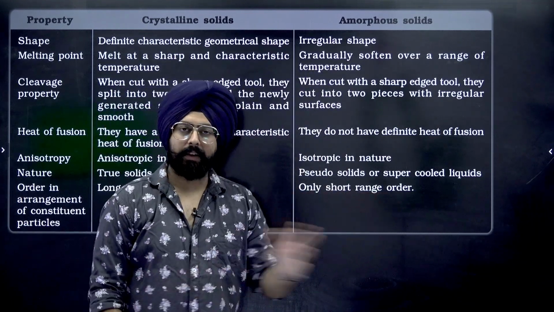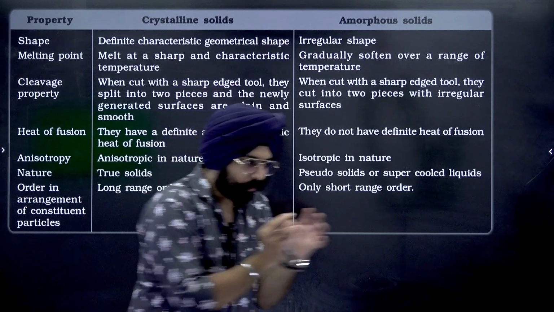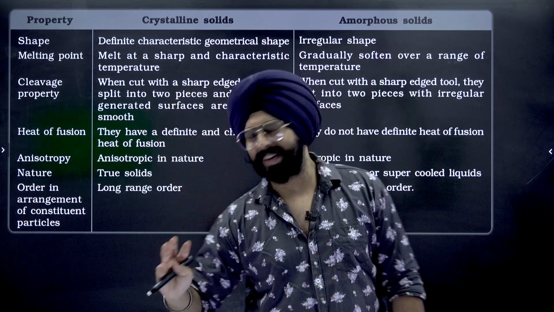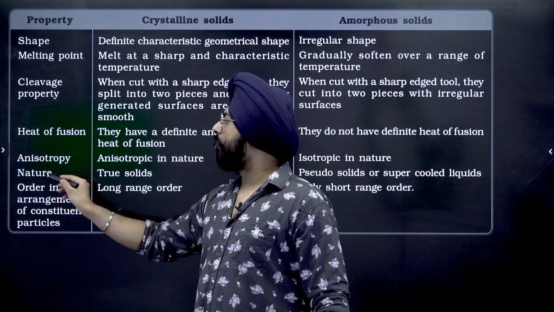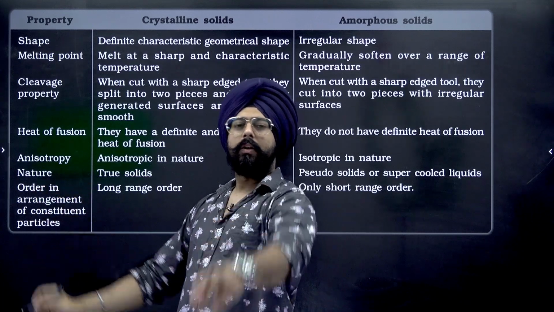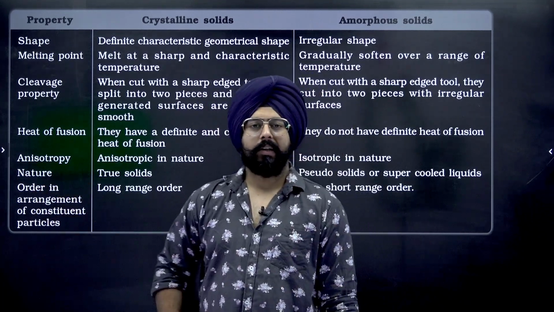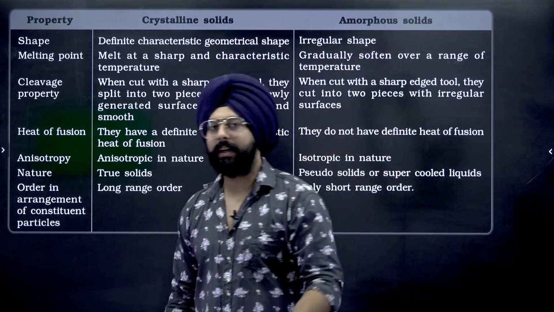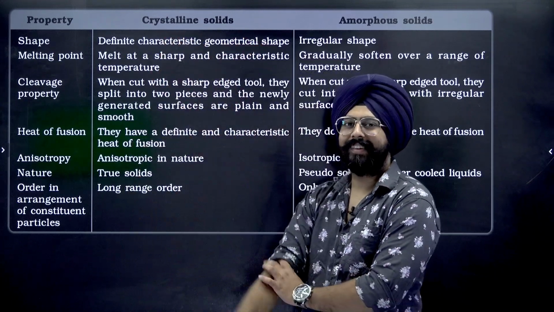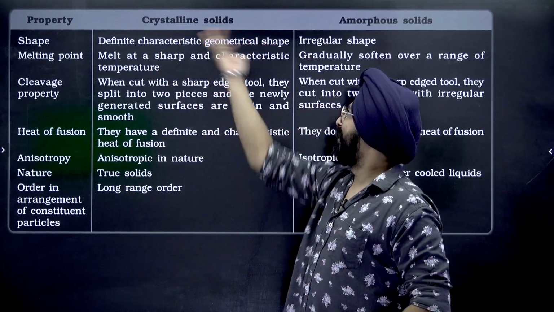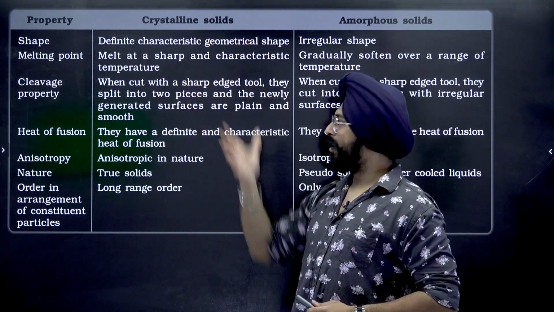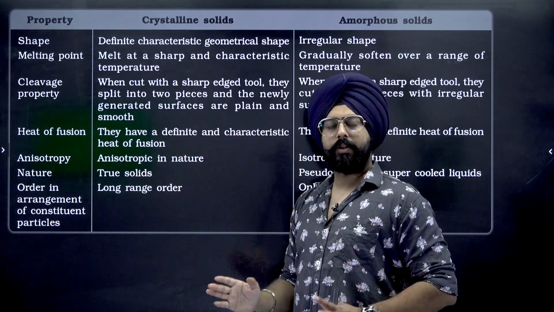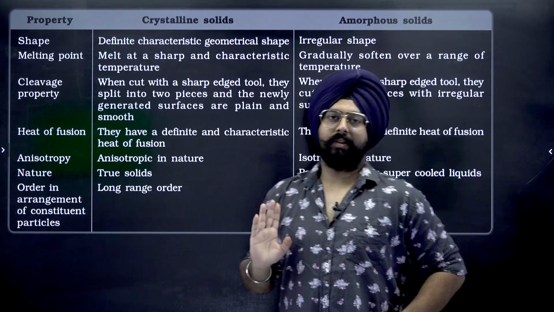Short range order, as I gave you the example of the mela. Only in short spaces will you find some order, but overall there is a lot of disorder. Got it? And then when we say nature, this is a figure of speech. For example, when you meet a person, you'll be like, this is a genuine person, this is a true person. Very nice. Similarly, when you meet a crystalline solid, you'll be like, wow, definite shape, definite melting point, nice. Sophisticated, plain surface, smooth, definite, everything nice. Yeah, you are a true solid.